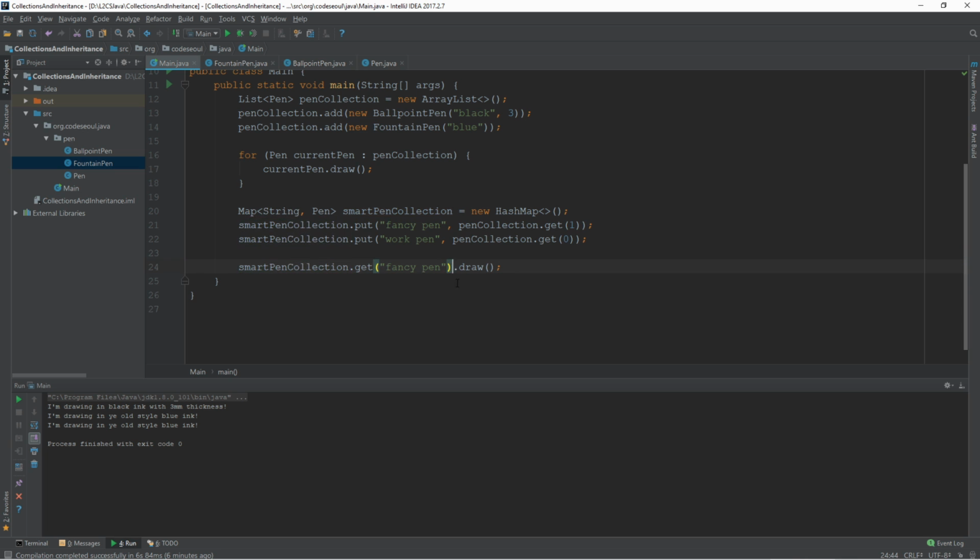So then all the stuff that a fountain pen can do after this point here where my cursor is, we can use everything that the fountain pen has. So we're just going to use the draw function on the fountain pen without needing to store it into a variable. We could also write this